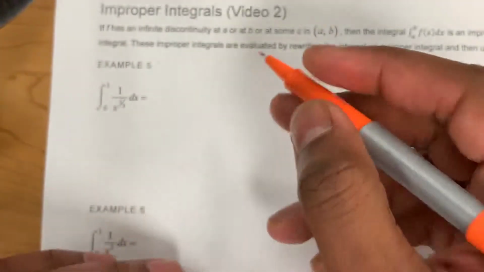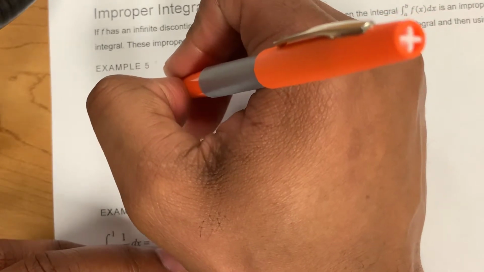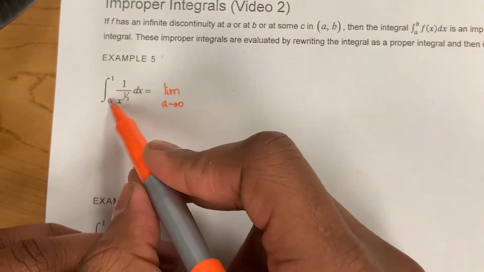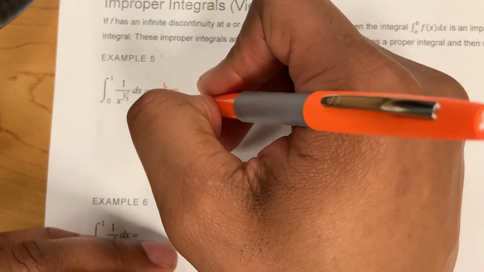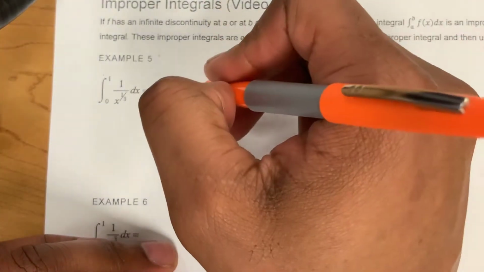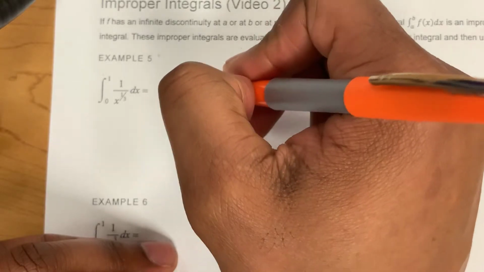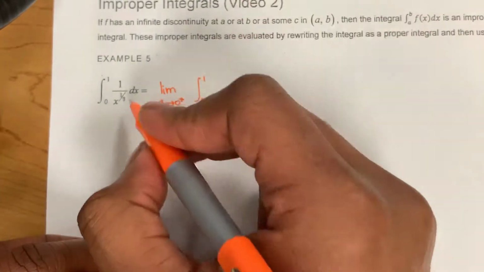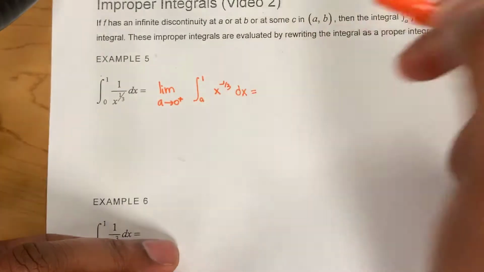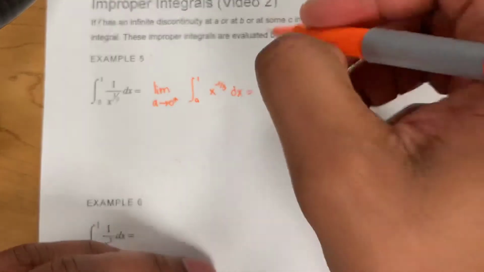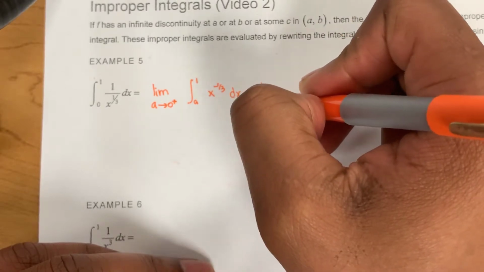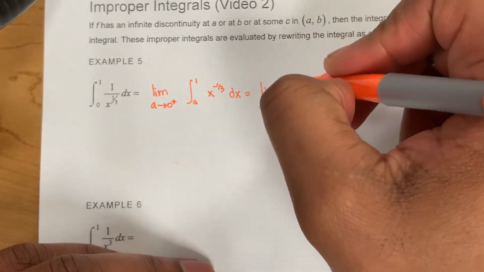So the way we handle this is we're going to have the limit as a approaches 0. And if it's the lower limit, we have to approach the lower limit from the right. So the limit as a approaches 0 from the right of the integral from a to 1, we're going to make this x to the negative 1/3 dx. And when we integrate this, we're going to get the limit as a approaches 0 from the right of,